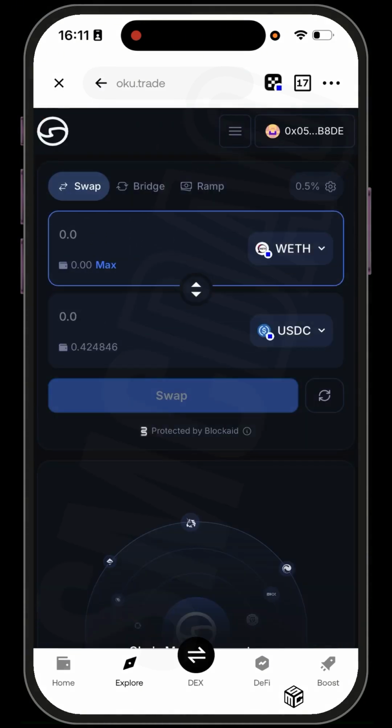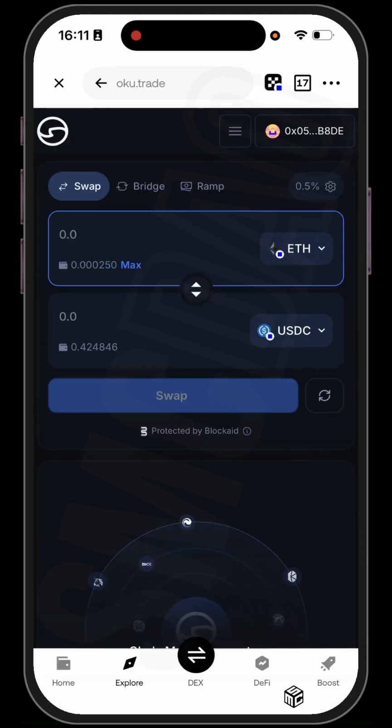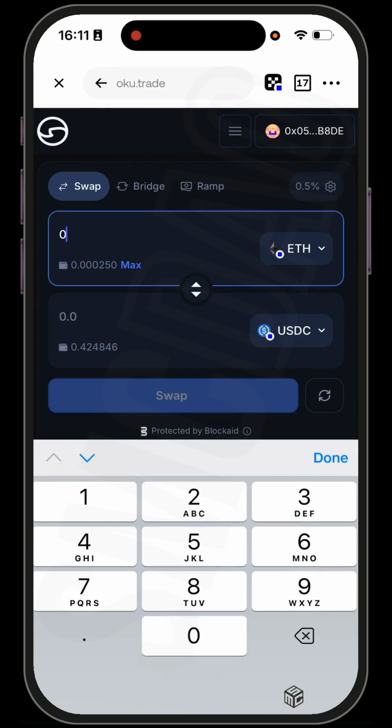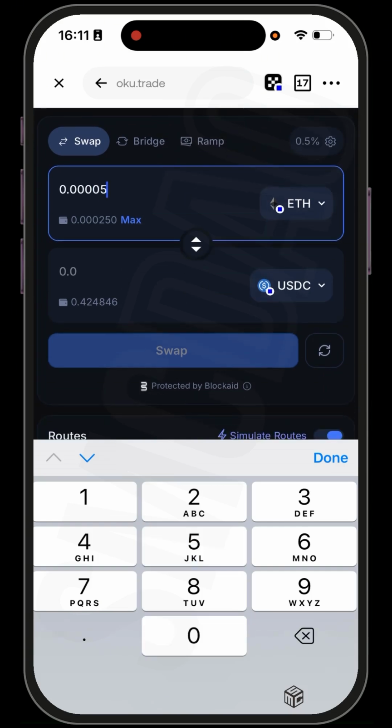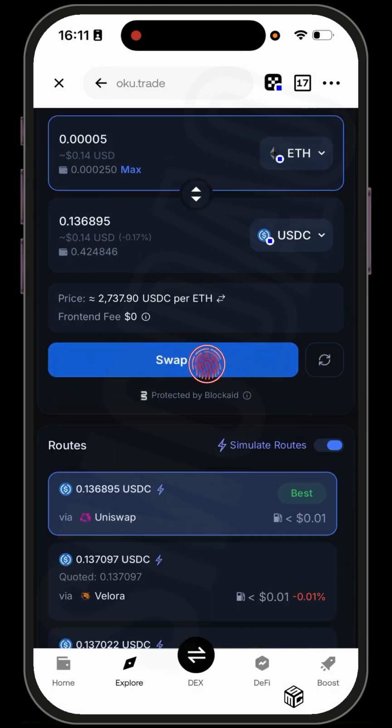And you could just do this by clicking here, and you could see the normal feature. This is the swap feature. So from Base Ethereum to USDC, and I would use 0.0000105 rather, and 0.13 USDC, and I click on swap